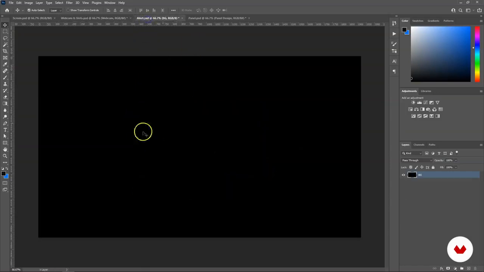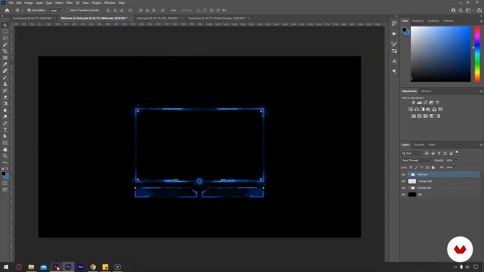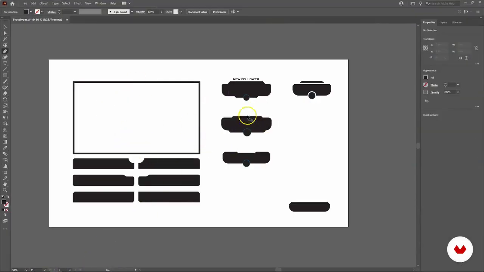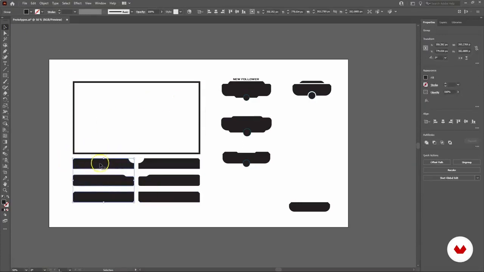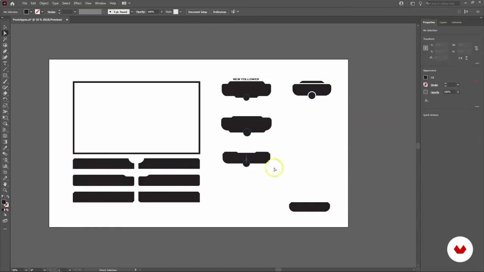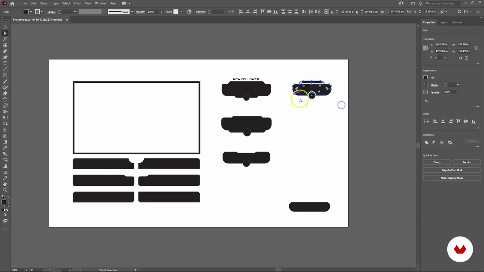I'm going to be doing the alert. So here in Illustrator, I have some sketches. Basically, I use the pen tool here and try to find shapes that I think would fit best with the overall design. Tried some different shapes for the overlay slot, but I decided that this one would fit really well with my overall design. I did try to create some shapes for the alert, and this one is the one that I liked the most, so I'm going to be using this to develop